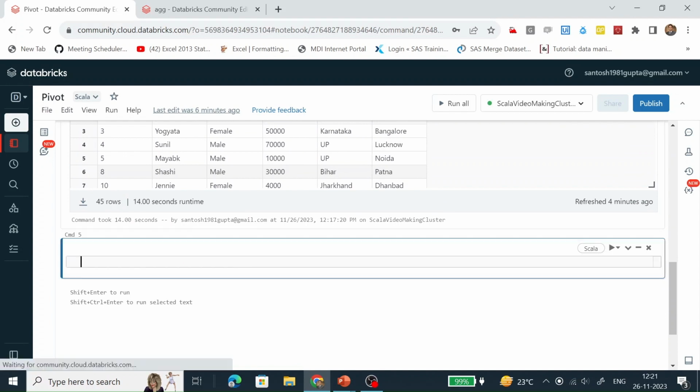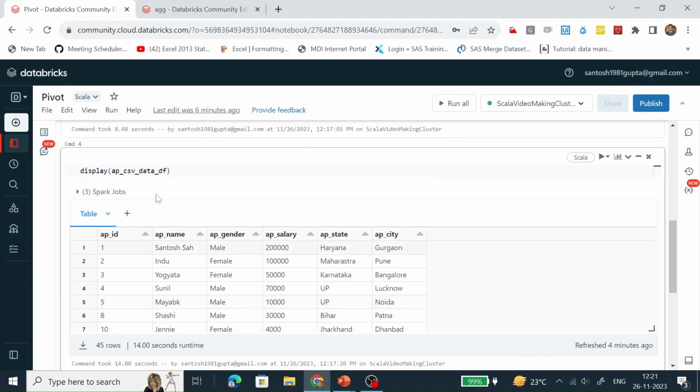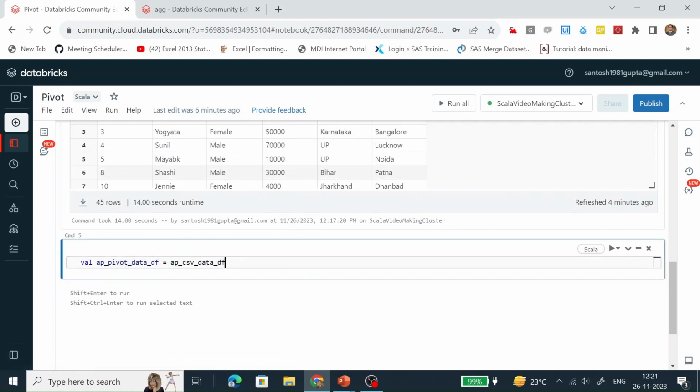Let's see how the pivot function works in Scala. So let's create a data frame. How are we going to create it? First, we copy this data frame and do a groupBy.